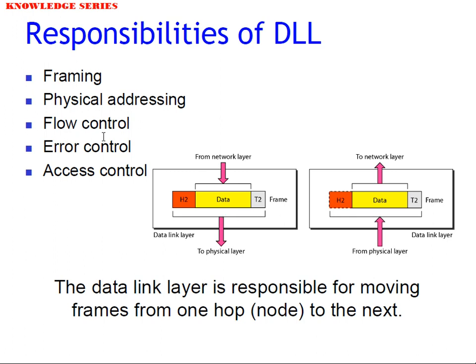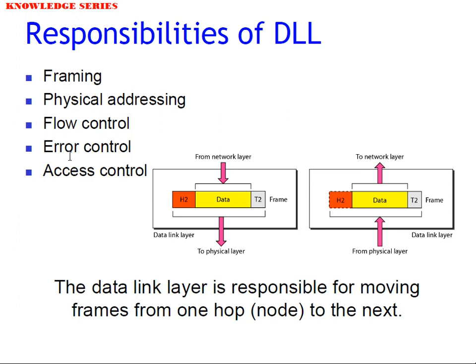And there is flow control and error control. Flow control means the message the sender sends in the form of a frame should have some dialogue or handshaking, so that there is no situation where a message has been sent and has not reached. There are some methods in flow control, like stop and wait and sliding window. Those are flow control. Error control means ensuring that the frames are delivered to the destination in a proper way.